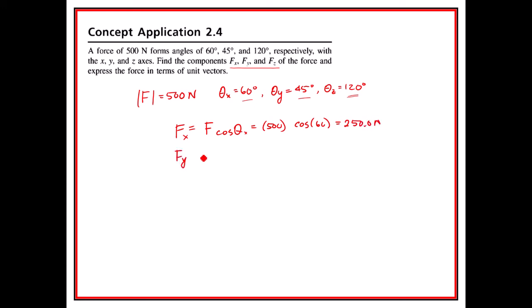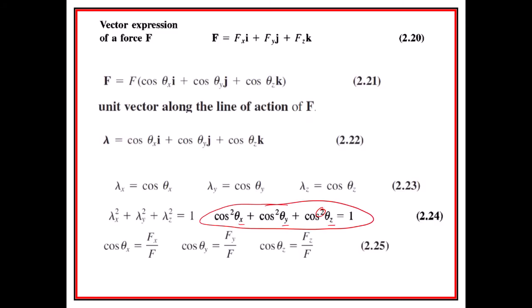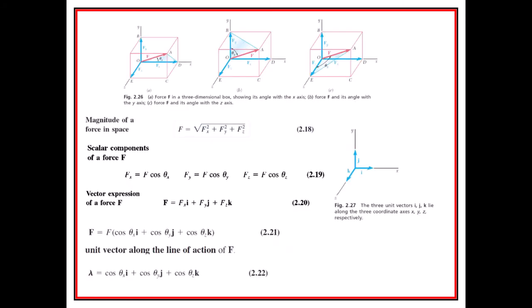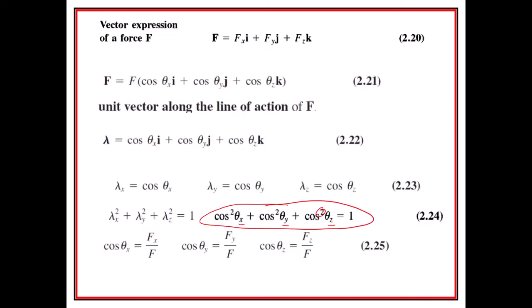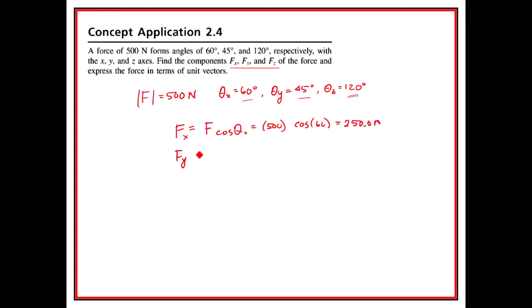Fy, and remember that just comes from these equations right up here, is equal to F times the cosine of theta y, or 500 times the cosine of 45, and that ends up equaling